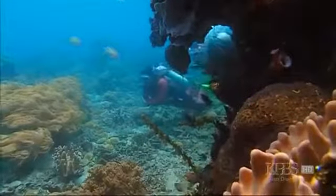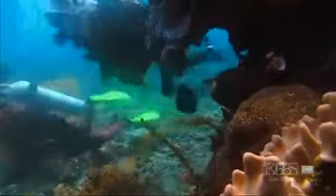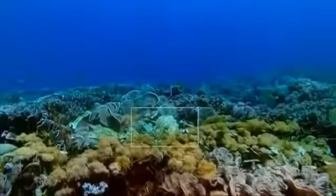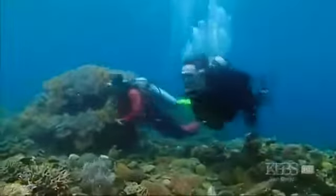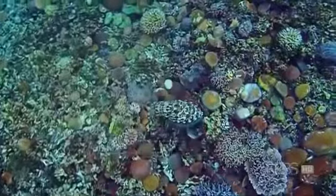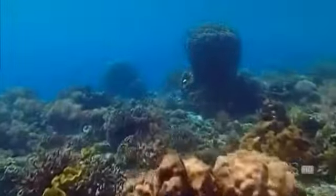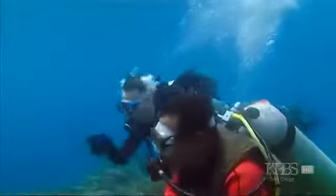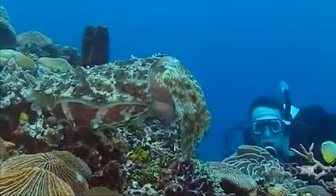The first problem when you come to these sorts of tropical areas is just even finding an animal. You swim over huge areas of reef and you're probably swimming over lots of animals, but you have no idea they're there because they're excellent at camouflage. Cuttlefish often have favorite stomping grounds, and it's Ronald's local expertise which brings Mark face to face with his first